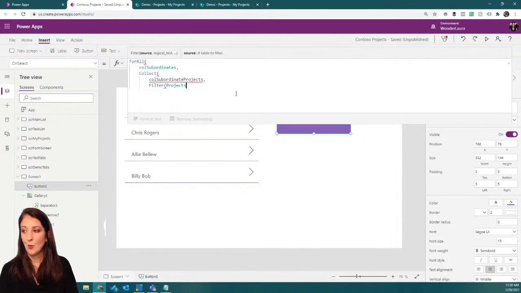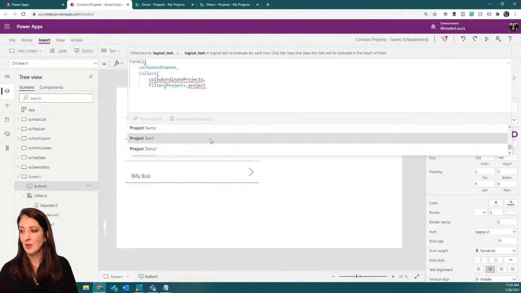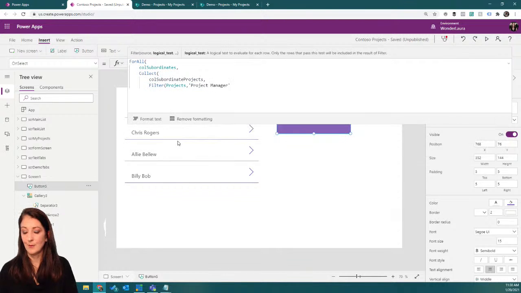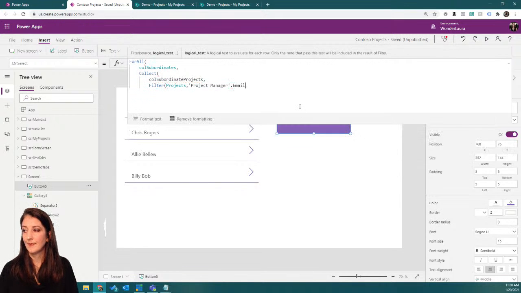list where the project manager, go back down here to project manager. Did I skip it? Let's see. Yeah, there it is. Project manager dot email is equal to